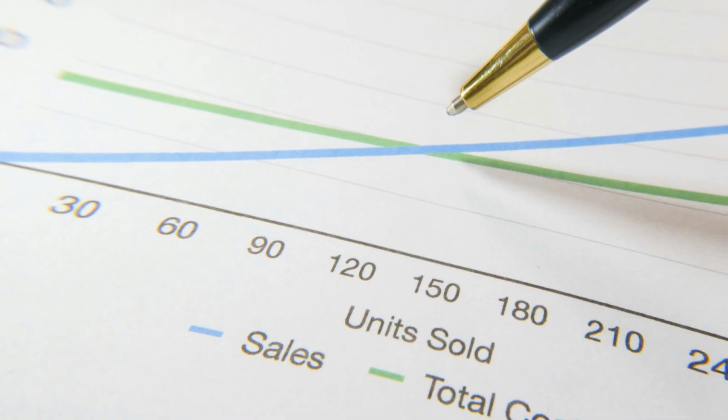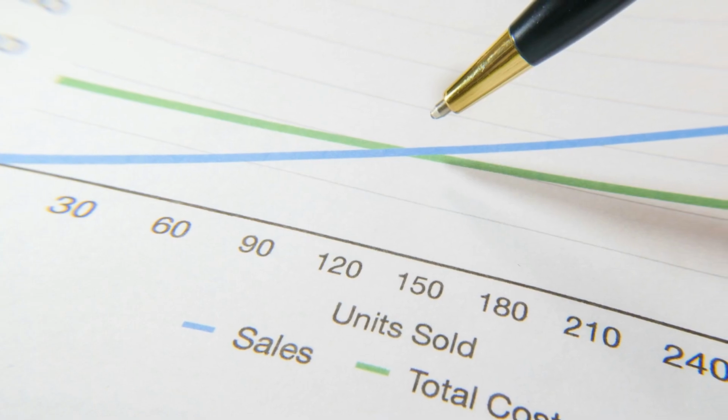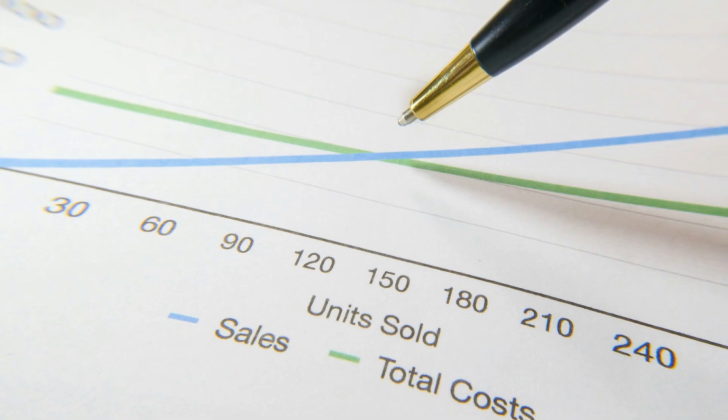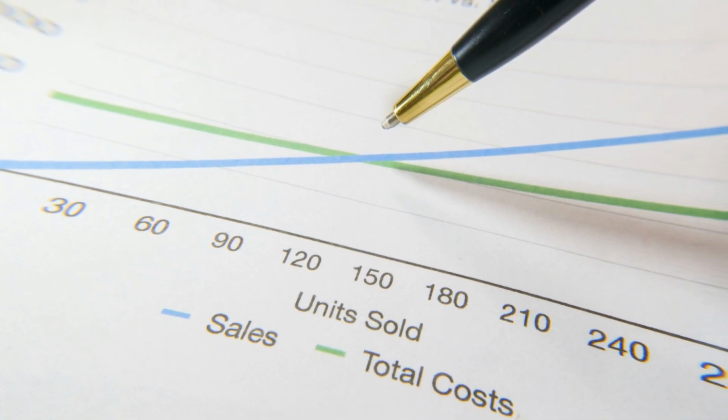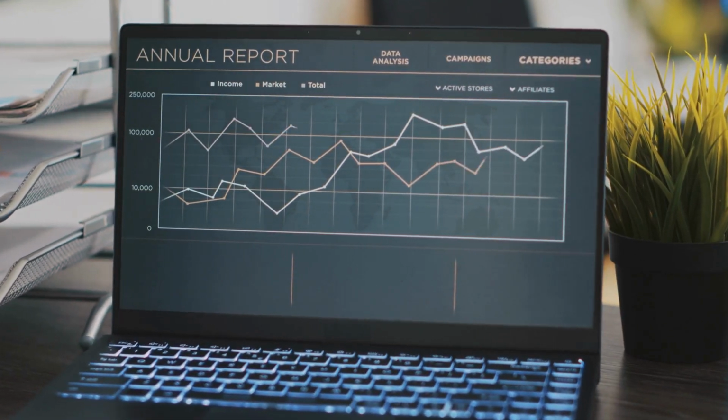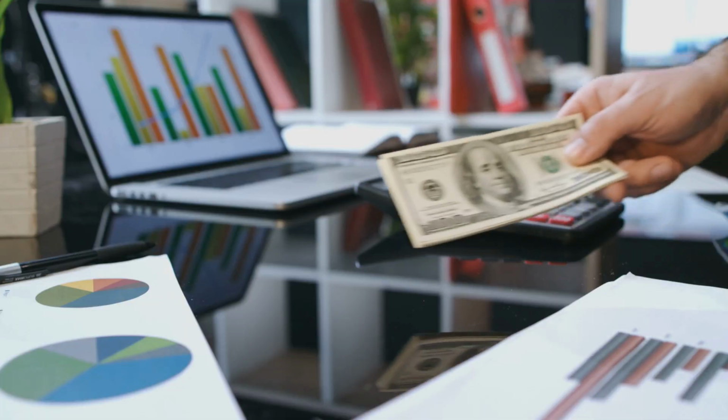Also set cost behavior in each scenario. Variable costs rise with revenue. Fixed costs remain steady. Net profit then shows across months. Update the forecast monthly with actuals. Compare forecast to actuals regularly.